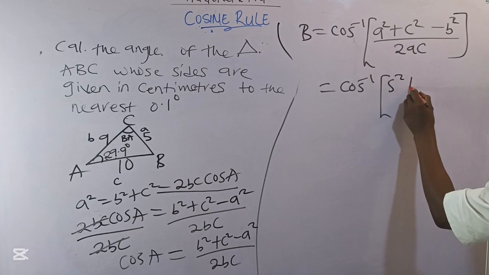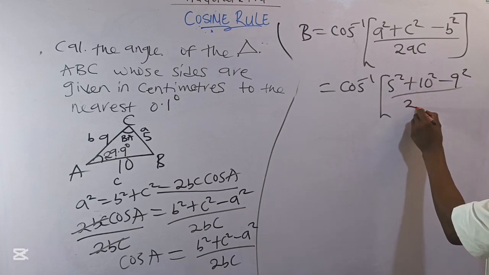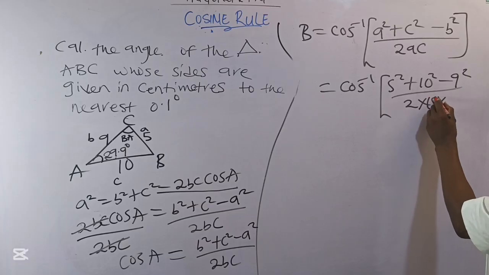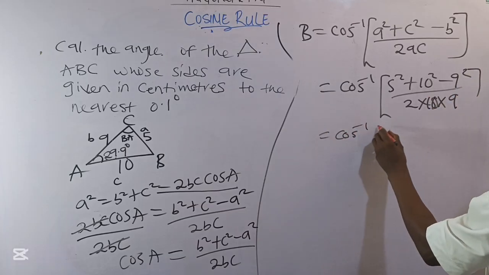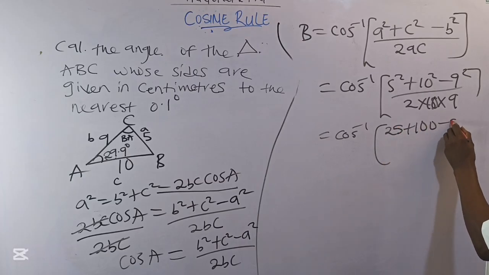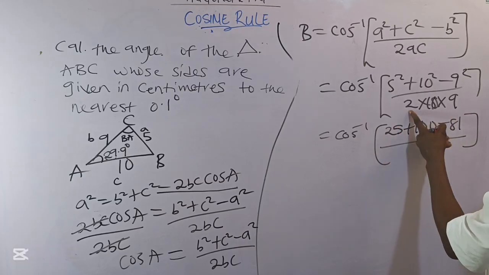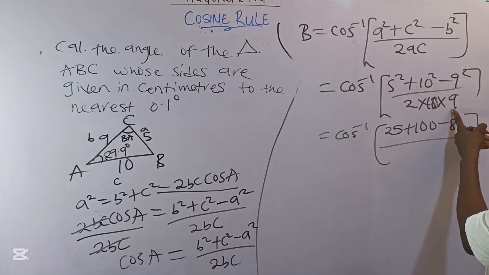So I have my cos inverse of my A is 5. So I have 5 square plus C square, which is 10 square, minus B square, which is 9 square, all over 2 times 5 times 2 times 10 times 9. So this will give me cos inverse of 5 square is 25 plus 100 minus 81 all over 2 times 2 times